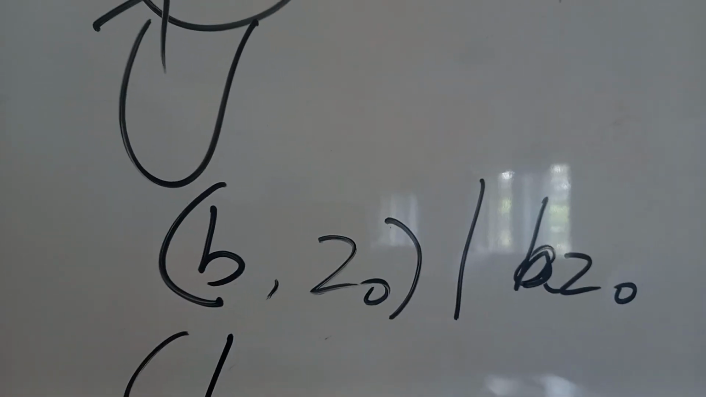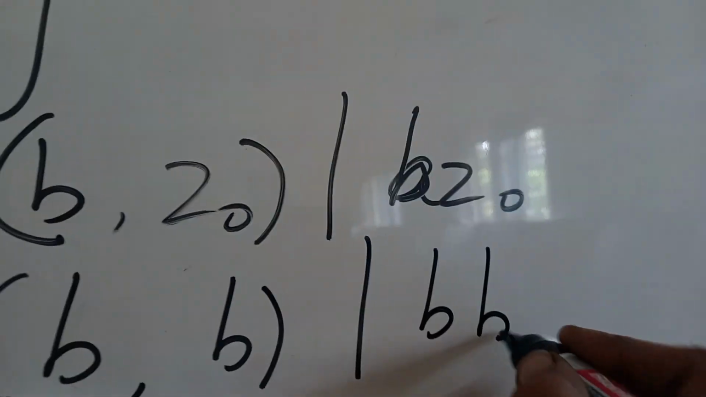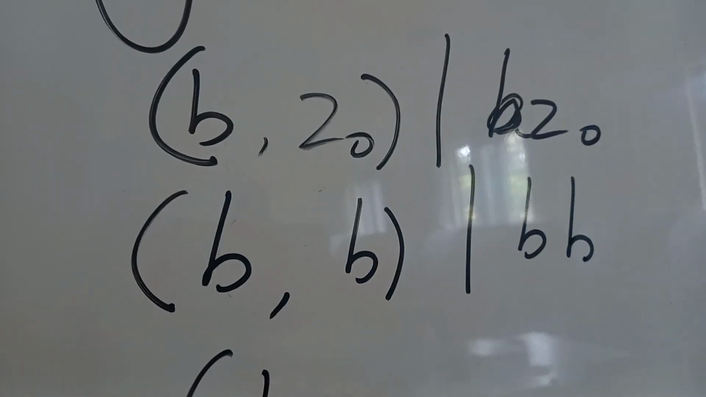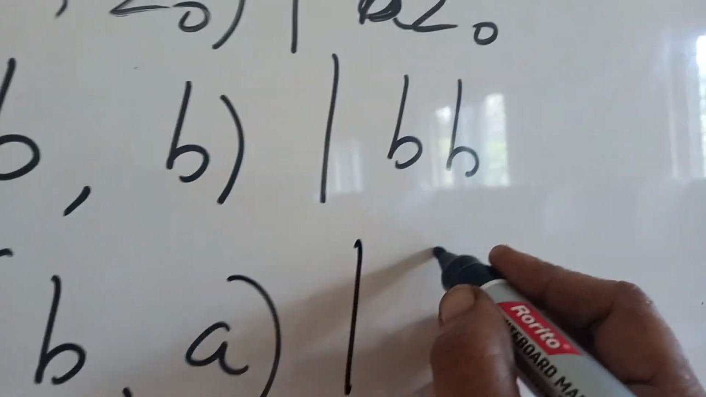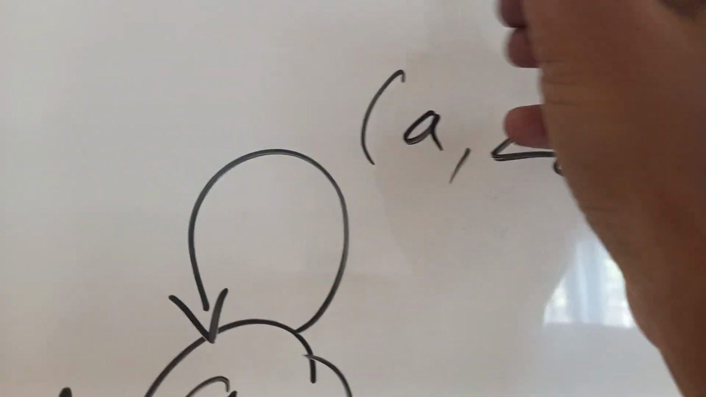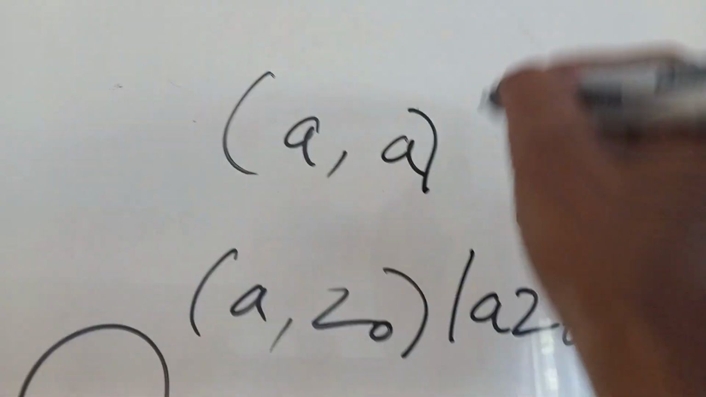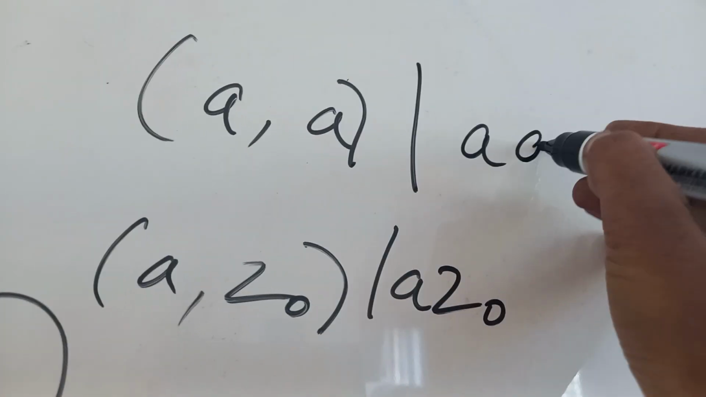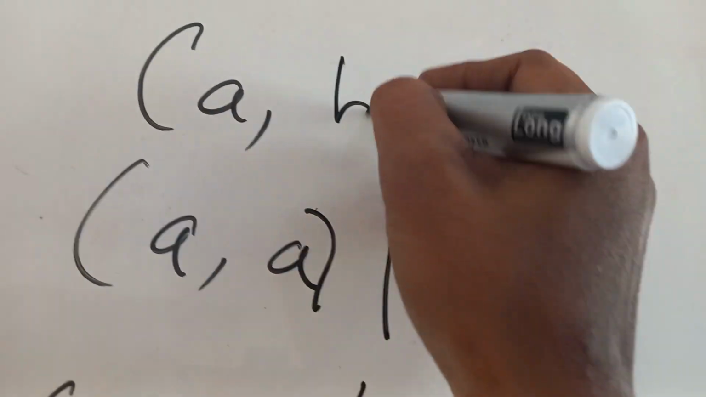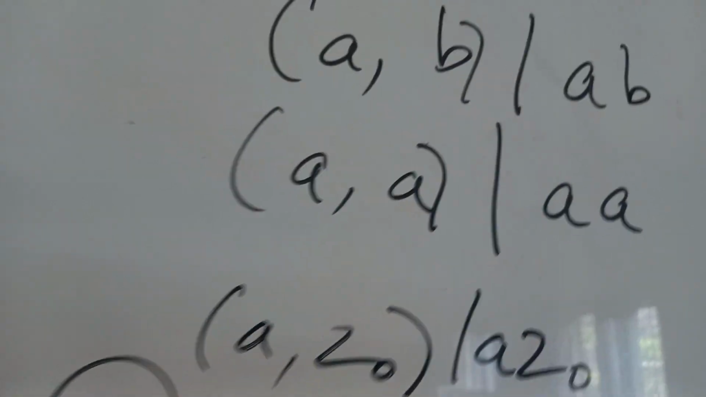Similarly, if the input symbol is B and top of the stack is B, we have to push that into the top of the stack, and if the input symbol is B and top of the stack is A, we have to simply push that into the top of the stack. Similarly, if the input symbol is A and top of the stack is also A, we push that onto the stack, and if the input symbol is A and top of the stack is B, push that into the top of the stack. So these are the